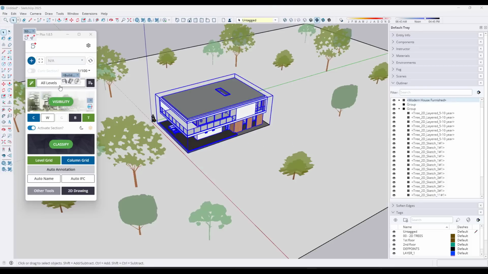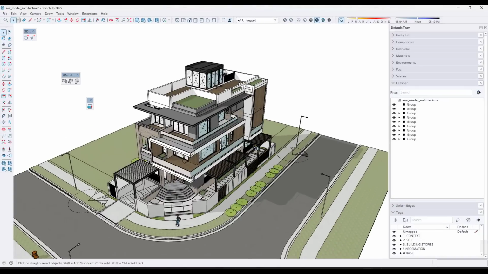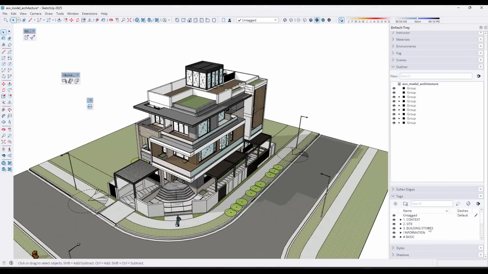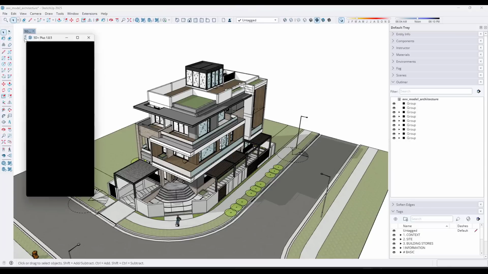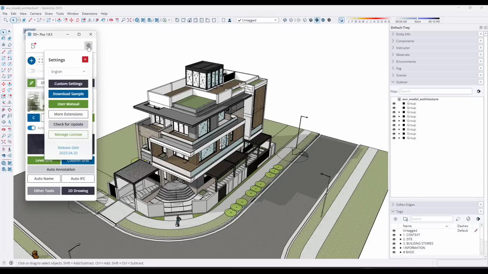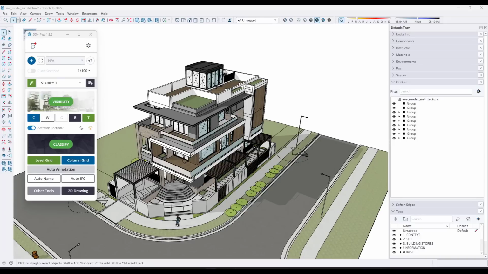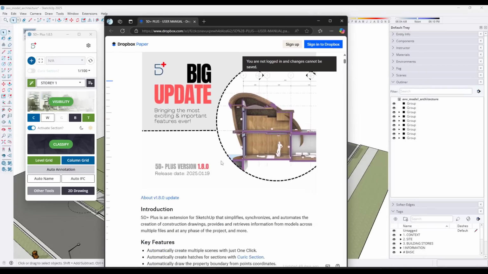And by the way, we're not going to talk in depth in this video about the organization of the models. So if you want to learn more about how you should actually organize these so you can set up structural drawings and things like that, you should definitely click on the little gear in here and go to the user manual. In the user manual, there's a lot more information about how to group things